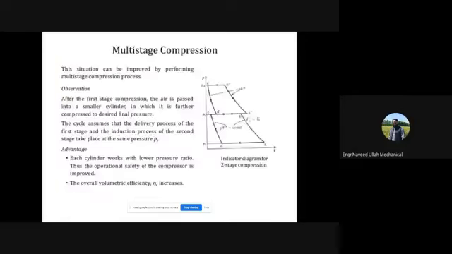तो ये यहाँ पे डिस्कस किया गया। अच्छा, बहरहाल this situation, multi stage compression, right, तो ये बताया गया है कि this situation can be improved by performing multi stage compression. Observation क्या है कि after the first stage compression the air is passed into a smaller cylinder in which it is further compressed to desired final pressure. The cycle assumes that the delivery process of the first stage and the induction process of the second stage take place